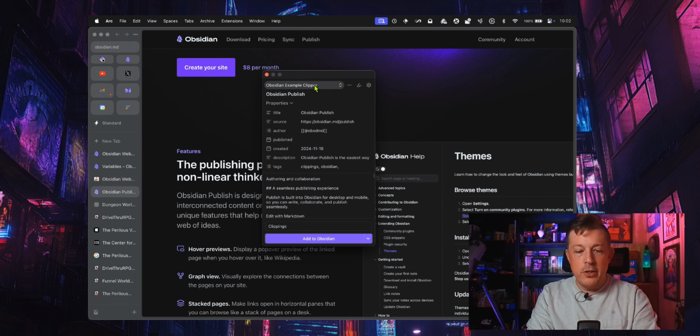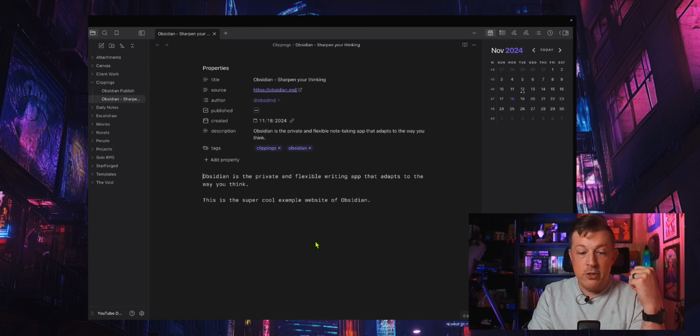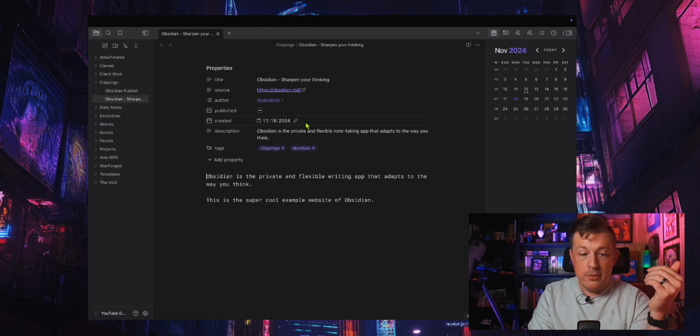So even though the trigger URL was just the main domain, not /page or /publish or /sync, it's looking for that root URL, which was there. So it knew, okay, yep, we're using the Obsidian example clipper. Cool. And then let's add to Obsidian. And now,